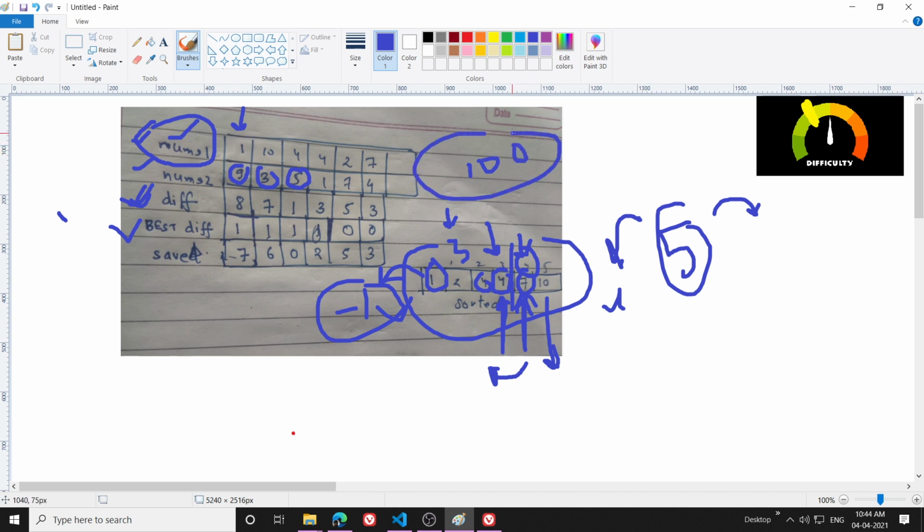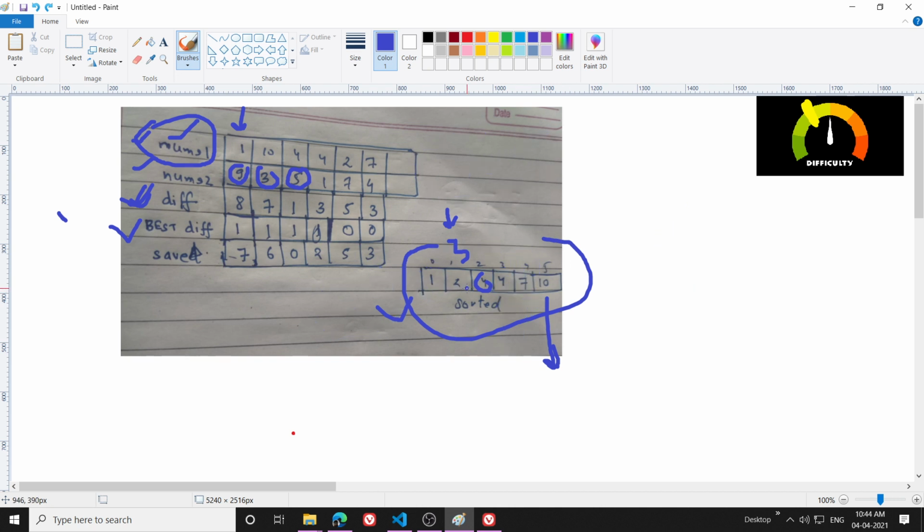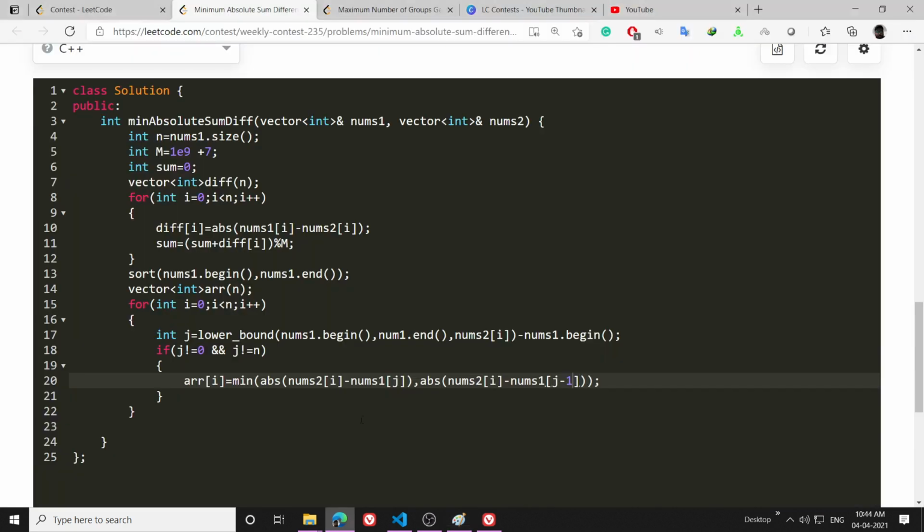If I search for 100 in this vector, since there is no number greater than or equal to 100, it will return the iterator pointing to the end. So this will be 6, which is outside the vector. That is why I am ensuring that j is not equal to n. So I will write separate if else conditions for these two cases.